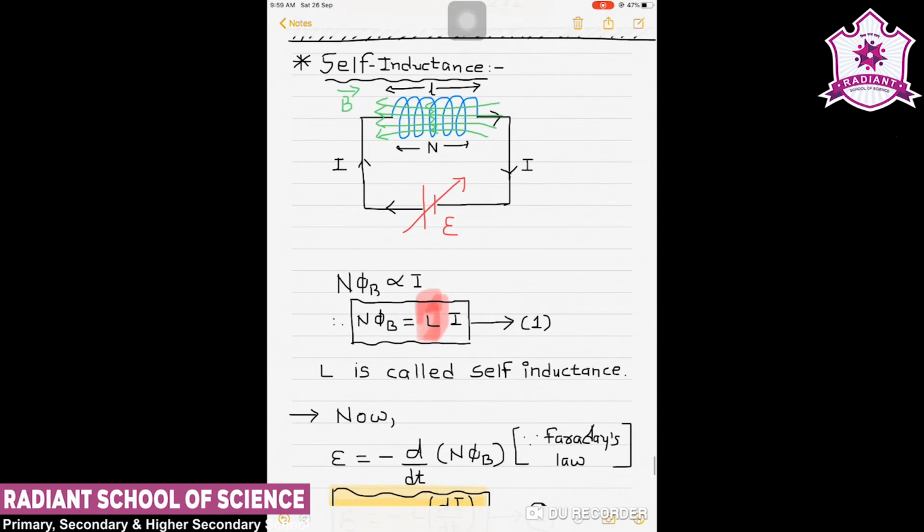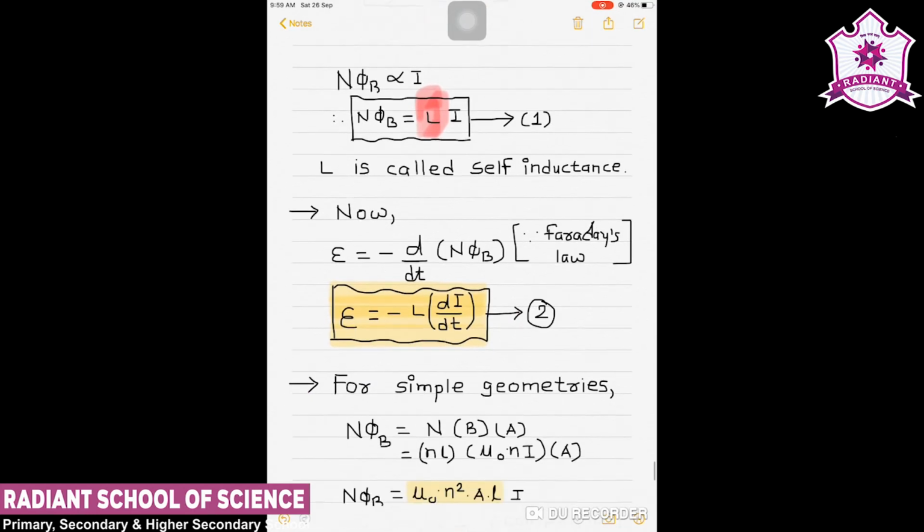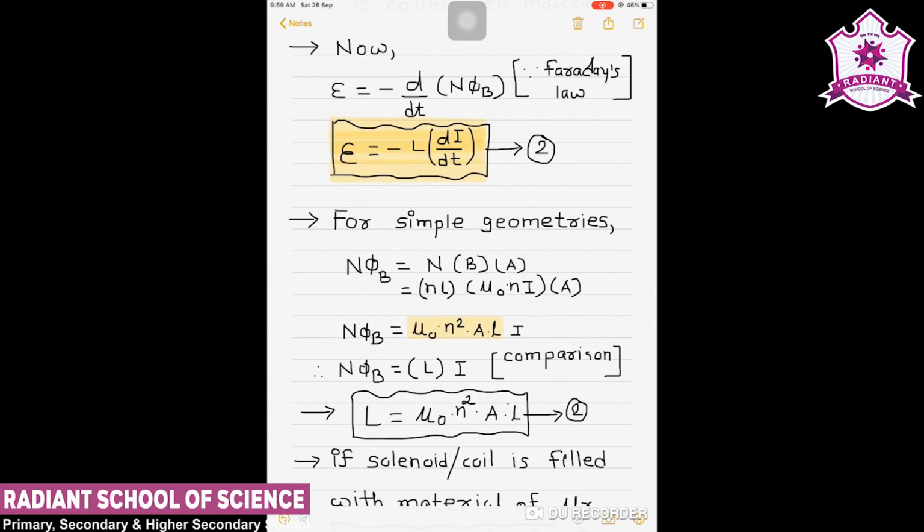As shown in the figure above, we consider the self-inductance of a long solenoid of cross-section area A and length l, having n turns per unit length. The magnetic field due to current I flowing through the solenoid is given by B equals mu 0 nI, and the total flux linked with the solenoid is given by the equation written over here, that is, N phi B is equal to